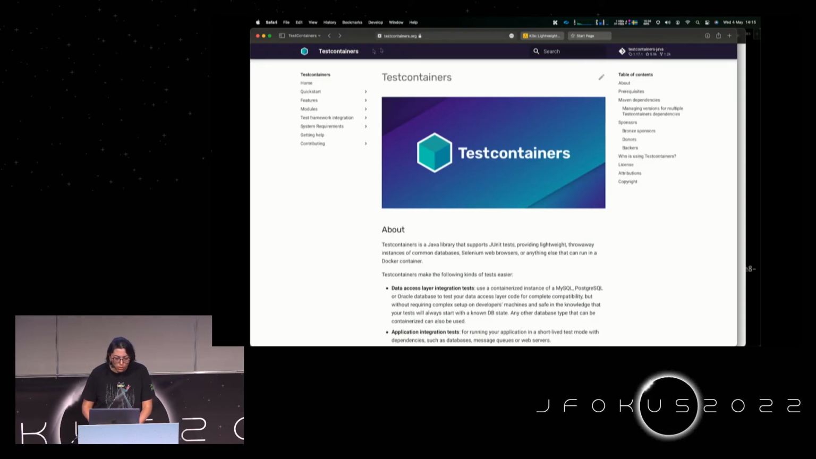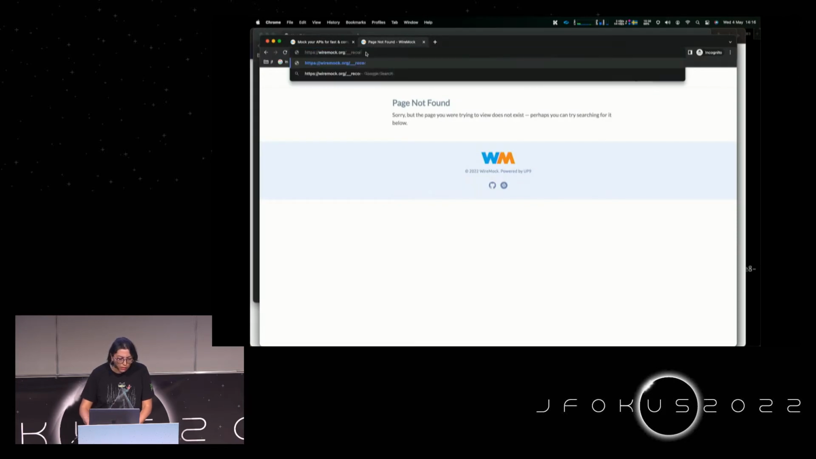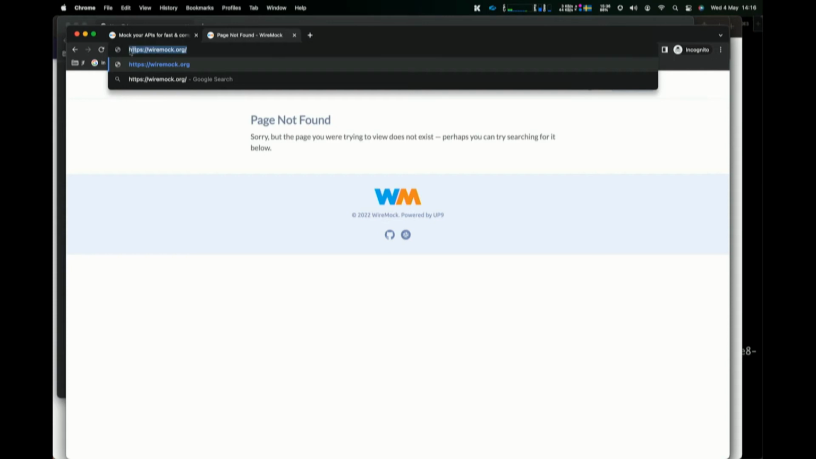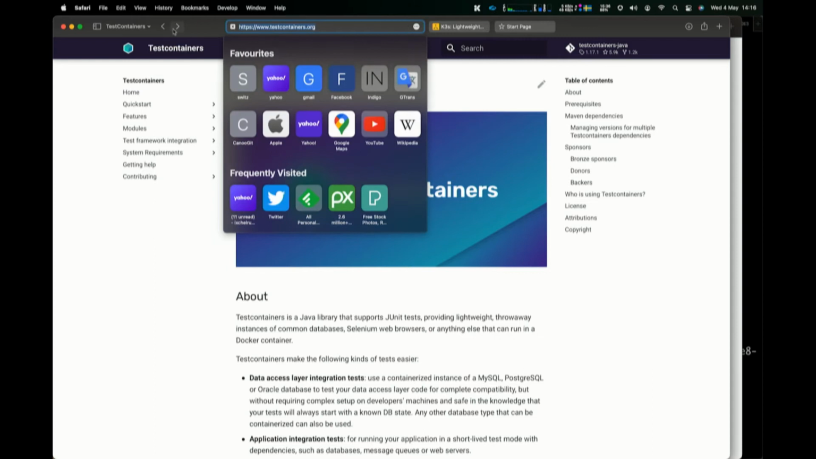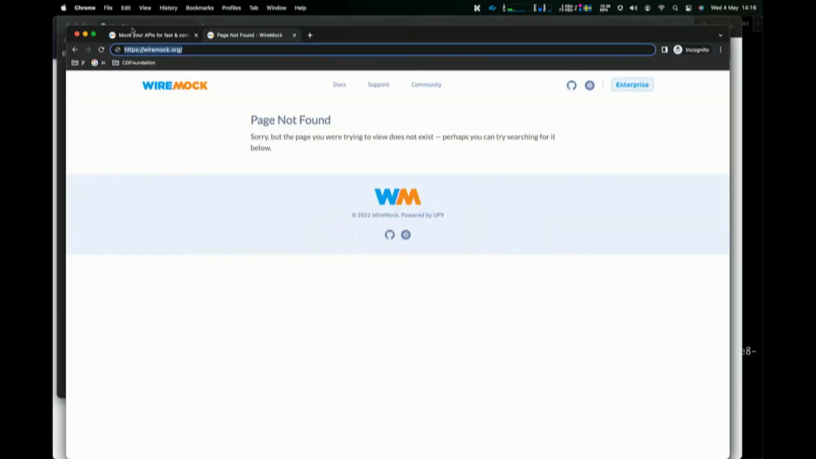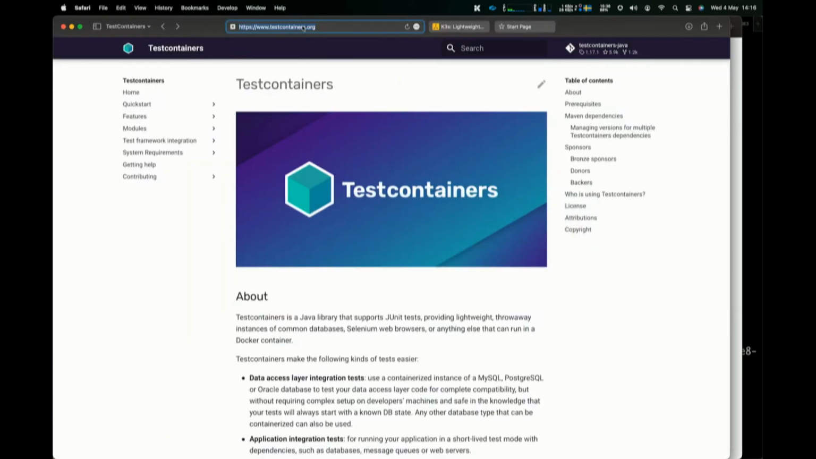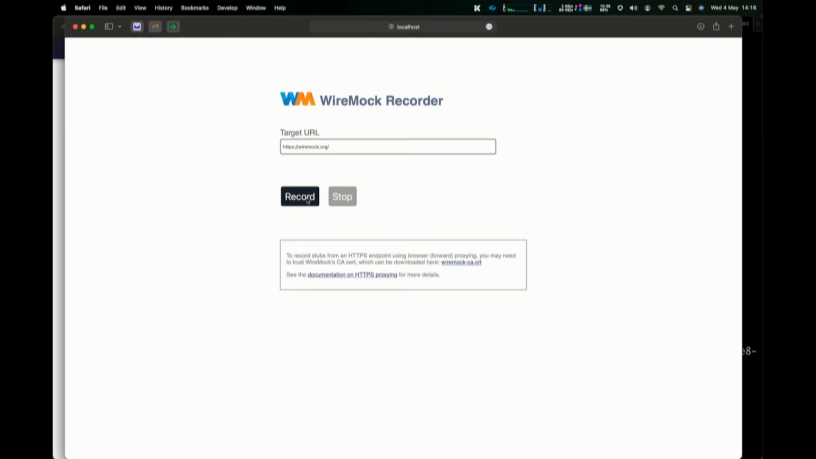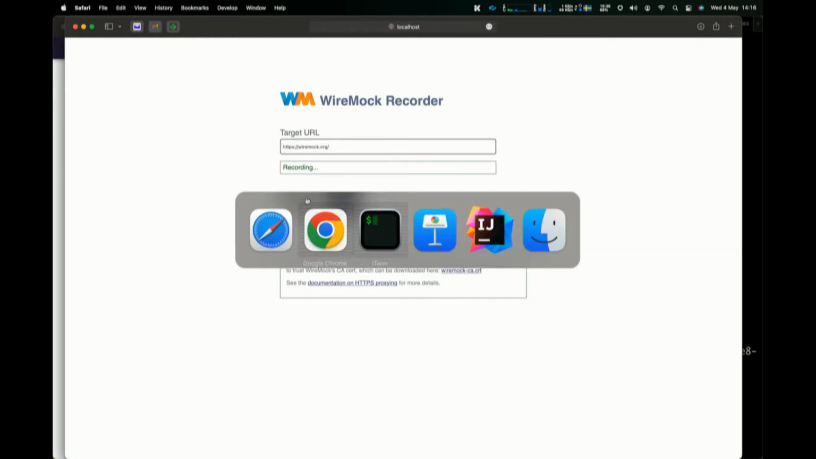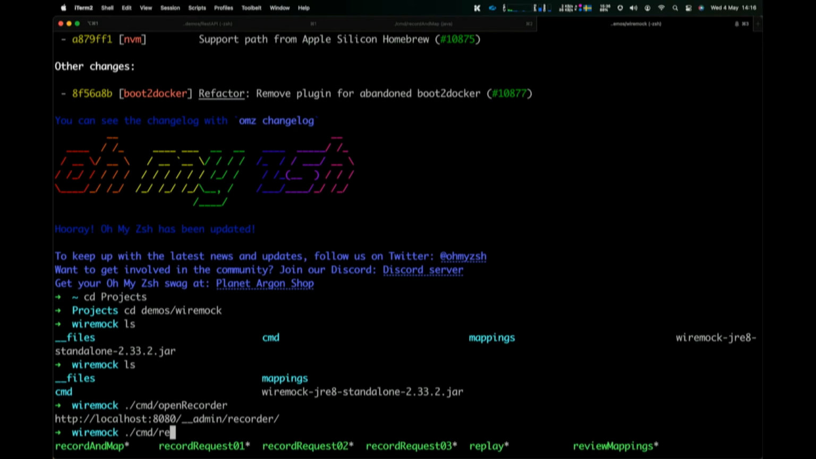And in the recorder, you have to specify what is the URL that you are going to start recording. And in this case, I'm going to say that I'm going to start recording Wiremock. Once I said that I want to start Wiremock, where was it? Sorry, this one. Here, whenever I start doing record and mapping, record request,